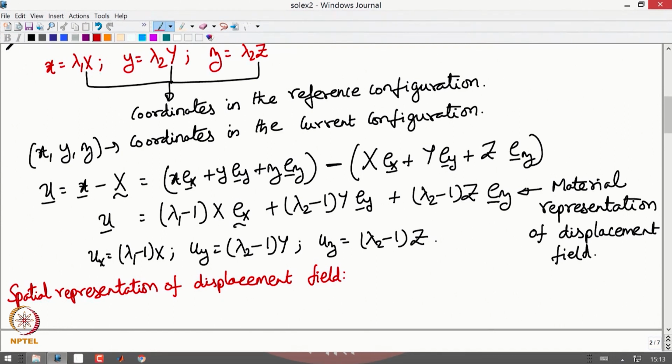You know the relationship between the coordinates in the reference and the current configuration is given by this equation, and you know the components ux, uy, uz in terms of the reference coordinates. So, you invert these equations